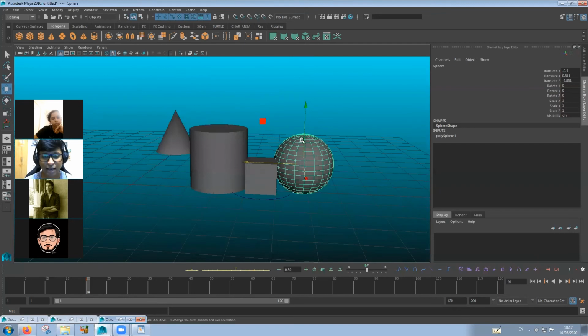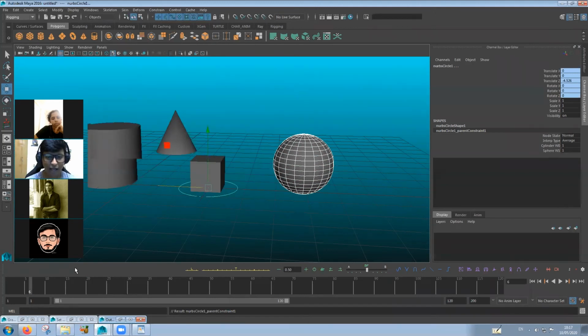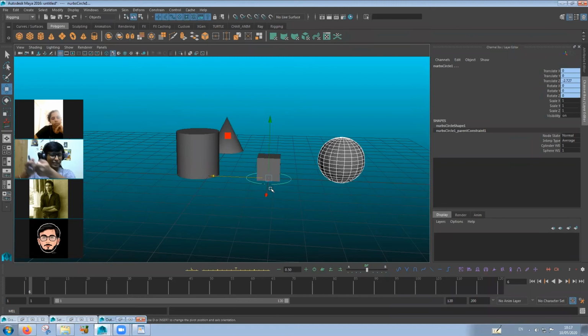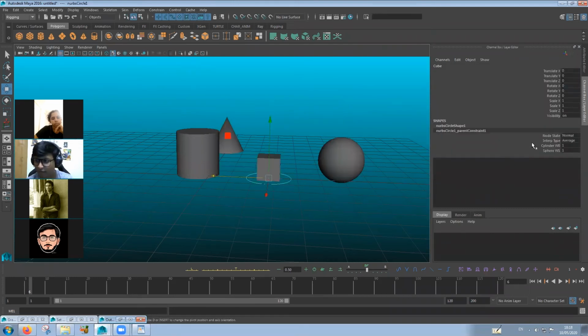So what we're going to do is select the parent, the controller, the same controller over here, and we can go ahead and give another parent. For right now, if you see, they will try to fight with each other. This guy will be saying, I have the full control because my weight is 1. And this guy will fight that I have the full control, that my weight is 1.